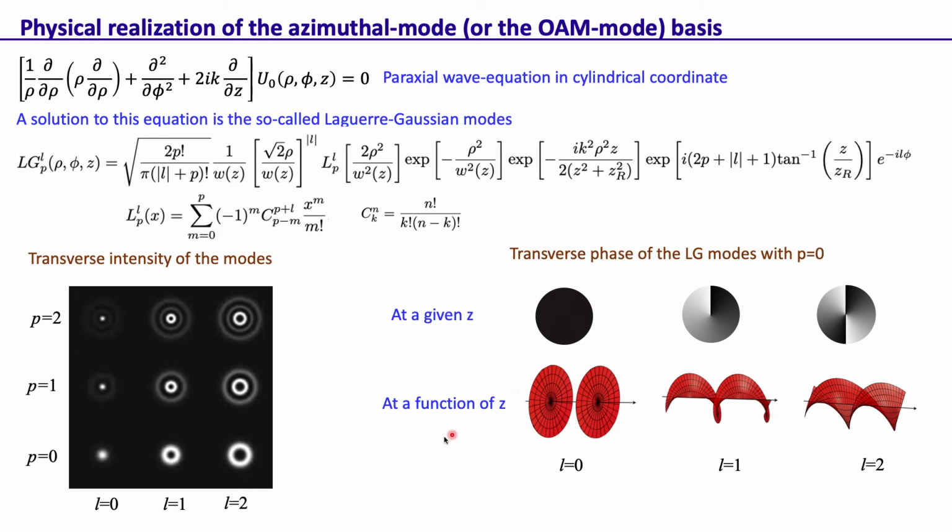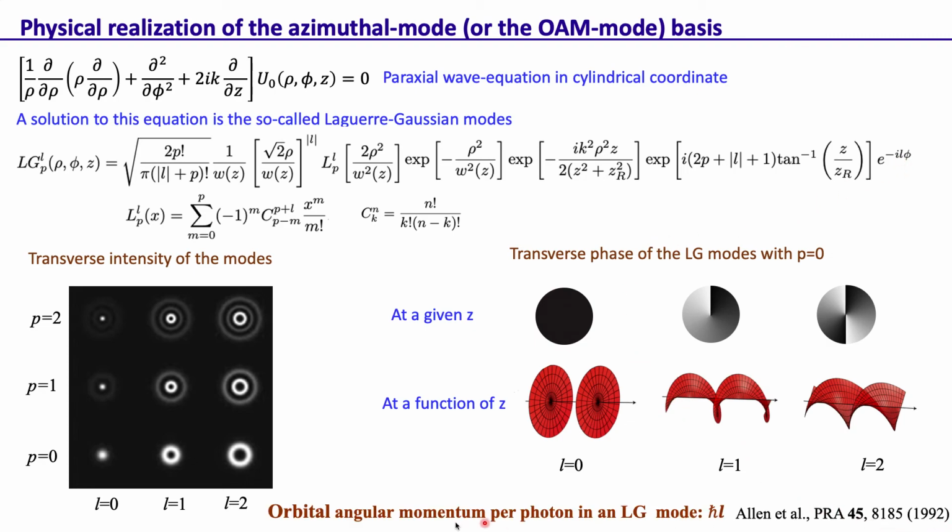Okay, so that's the solution for this paraxial wave equation. Here the one very sensitive point is that we see this e to the minus il phi term sitting here, and in fact this is the only phi dependence that this mode has. We can see that it depends on z here, there's a rho dependence over there, but the only phi dependence these modes have is through e to the minus il phi. And we know from this solution that this L is discrete and goes from minus infinity to infinity.